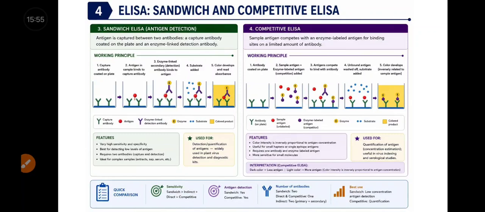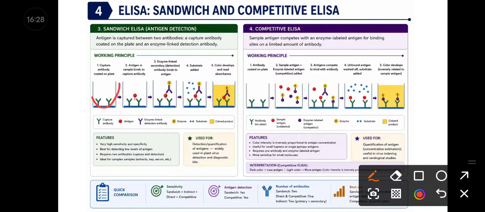Then the third type is sandwich ELISA. So in sandwich ELISA, the antigen is captured between two antibodies: a capture antibody coated on the plate and an enzyme-linked detection antibody. So in the direct and indirect, what we did, we coated the antigen over the wells, but here the antibody will be coated. So the primary antibody is initially coated over the microtiter plate,